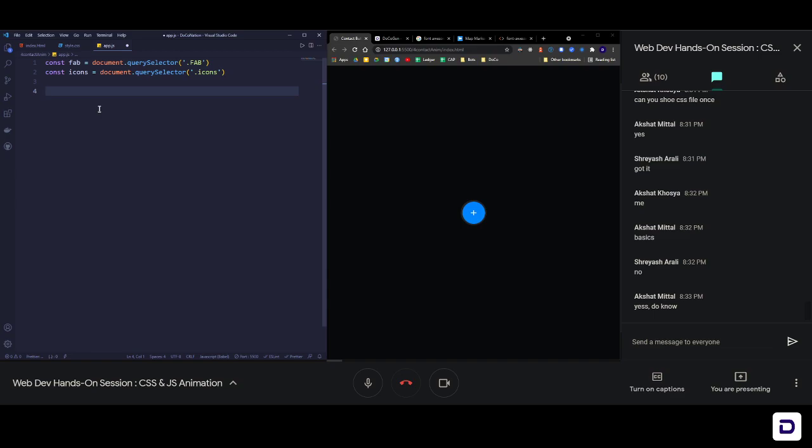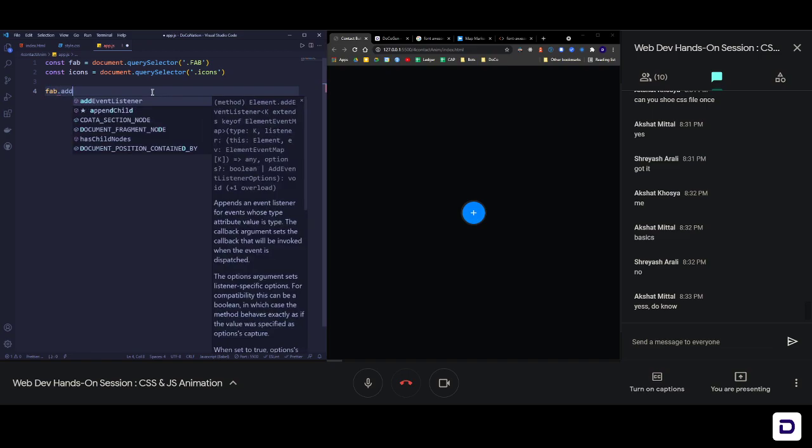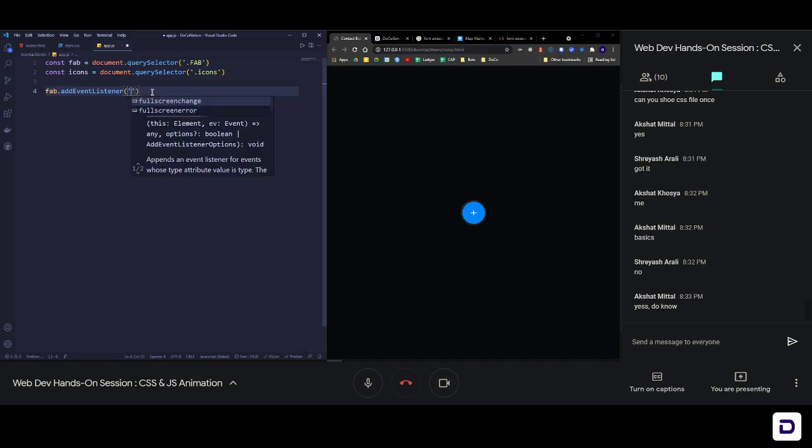Now what I can do is listen for some events on the FAB. The event that I want to be listening for is called click. I want to listen for the click event, so that whenever I click on the FAB, something should happen. So let's do that. I'm going to grab FAB, that's our variable which has the element on the screen. So FAB dot addEventListener, and inside this, inside single quotes, you will write click. Click is our event which we are listening for on the page. So we are tracking the click event, and then we are performing some function.